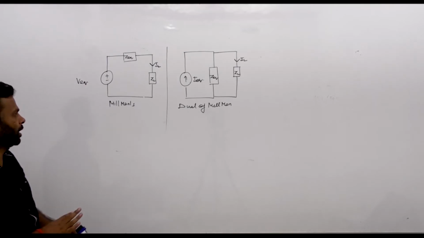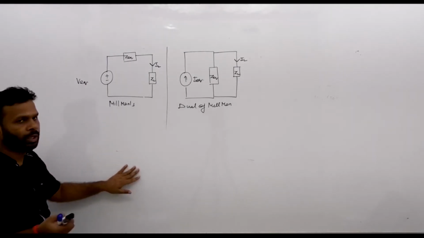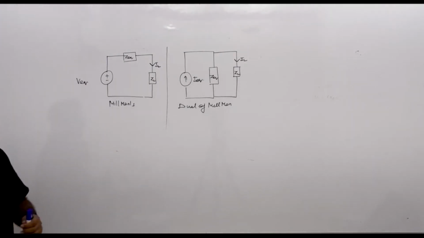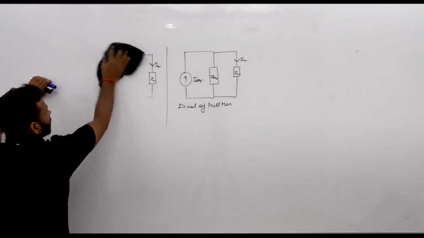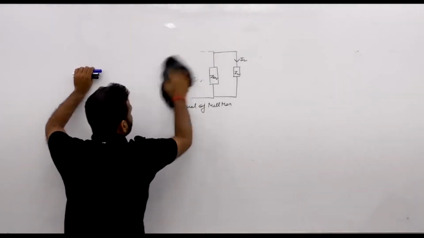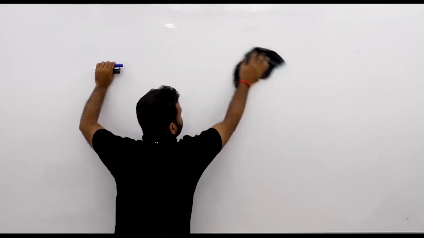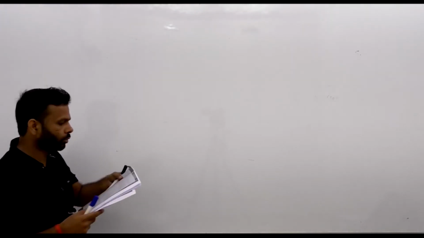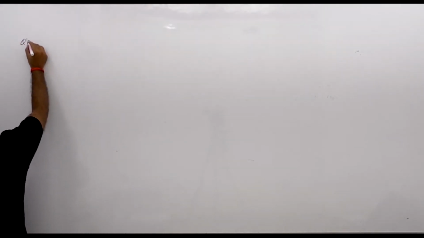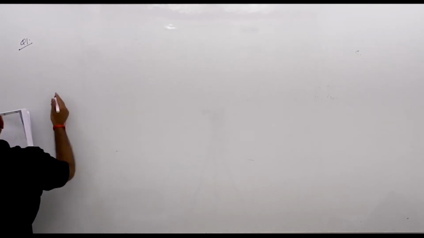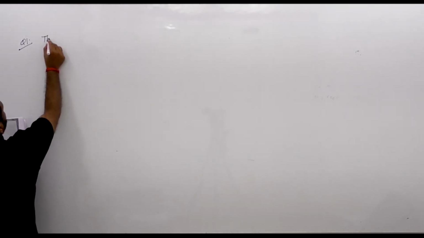So polarity के बाद ध्यान रखना है, वो कैसे ध्यान रखना है वो हम अभी देखते हैं। तो हम लोग पहला न्यूमेरिकल लेते हैं Millman's theorem का, देखिए क्या है। So first numerical about the Millman's theorem is this. So क्या है हमारा पहला न्यूमेरिकल, देखते हैं। So the equivalent circuit of the following circuit is the question number 1. The first question of the Millman's theorem is the equivalent circuit of the following circuit is